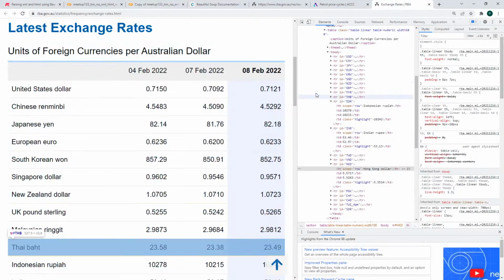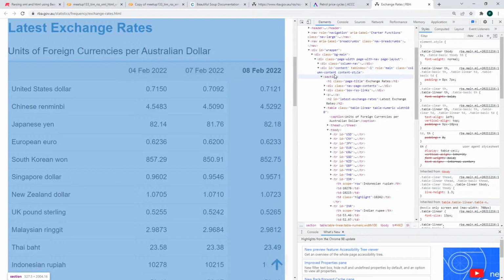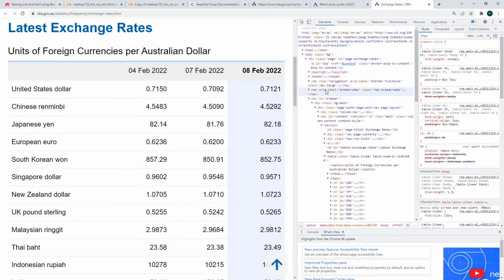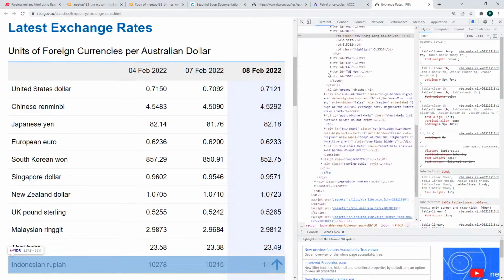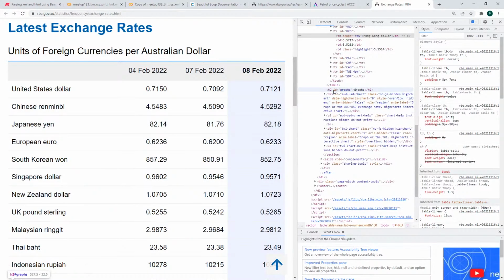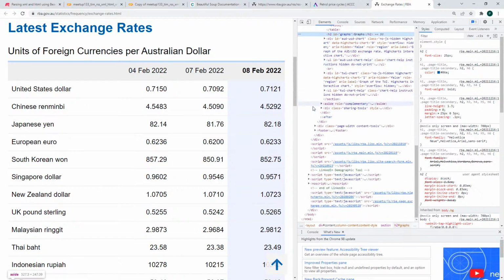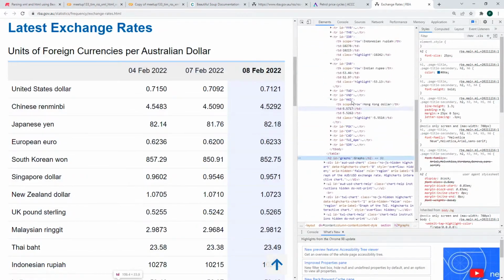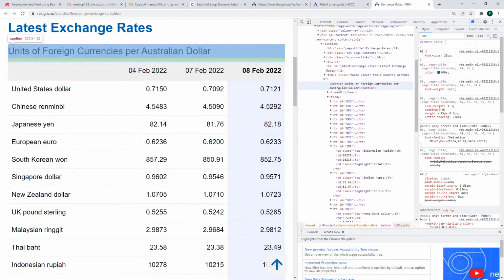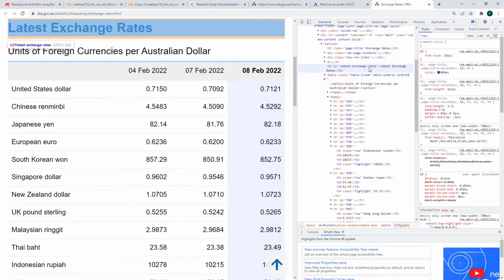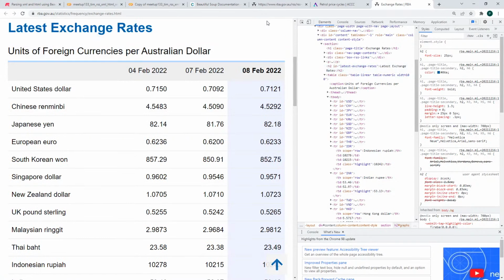HTML code, and we'll find an H2 tag. Here it is. So there's H2. It's got an ID of graphs. And I think there's some more that I haven't found. H2 ID latest exchange rates. So those H2s do actually have IDs, but when we looked for them using Beautiful Soup, we didn't